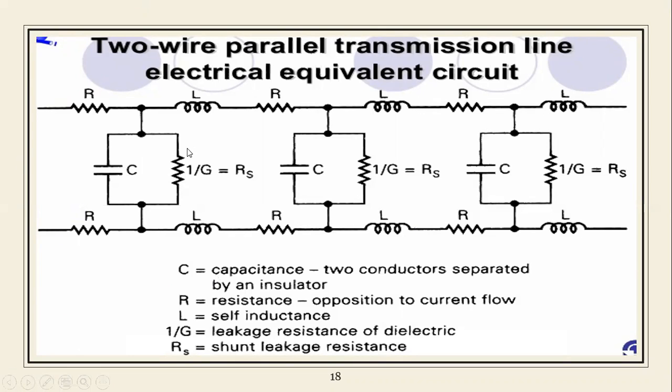So if you observe the series as well as the parallel circuitry, you will be able to observe here the R as well as the L in the entire line. The R as well as the L are both connected in series and they will be in series throughout the transmission line from the beginning to the end. But when you talk about the parallel, definitely your G and the C will be connected in parallel. So here, if connected in parallel, this is the capacitor, and here will be the same resistor, but you are connecting it with another value, the ranges are different, and you are connecting it in parallel.